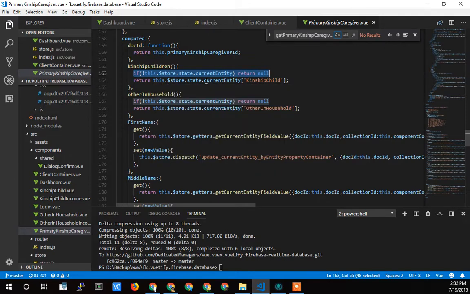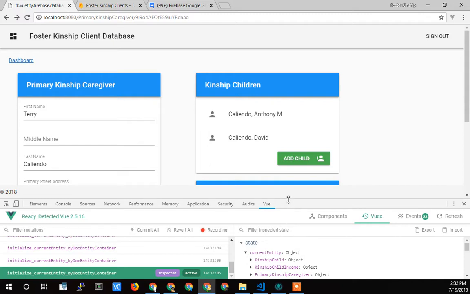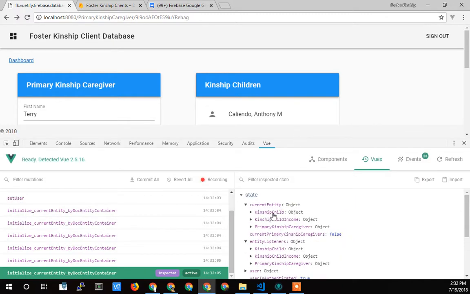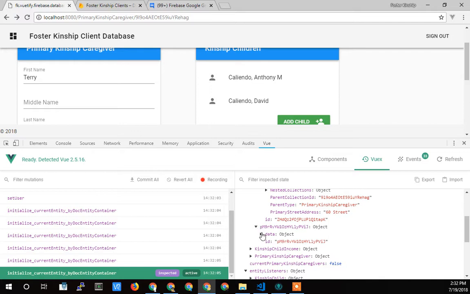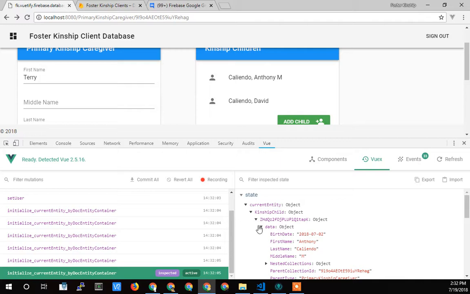And then once the call to the database goes out and fills in the entities, and there's a kinship child, now it can go and populate it with the kinship child entities and loop over them. That can be seen here. The current entity kinship child, there's two of them, 1, 2, and if we get the names, there's Anthony Caliendo M, Anthony Caliendo M, and David Caliendo, David Caliendo. So it's looping over